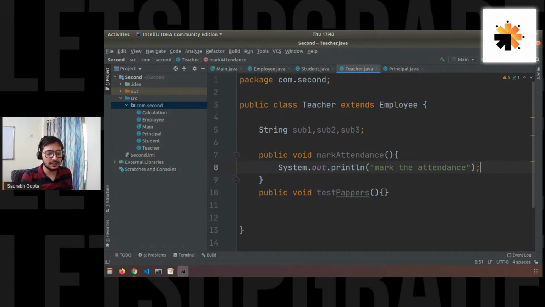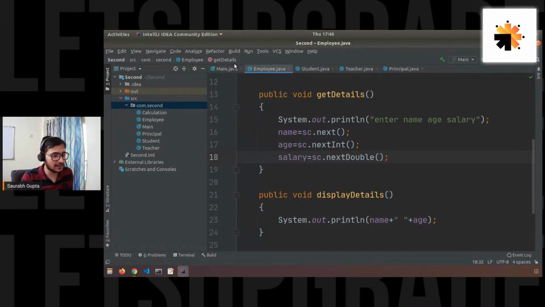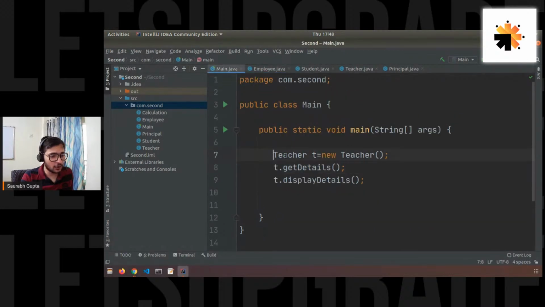If you see it properly, teacher only has two methods, mark attendance and a few properties. An employee has get details and display details. But inside main, if I create an object for teacher, I can also call get details. I can also call display details. And if I want, I can also call